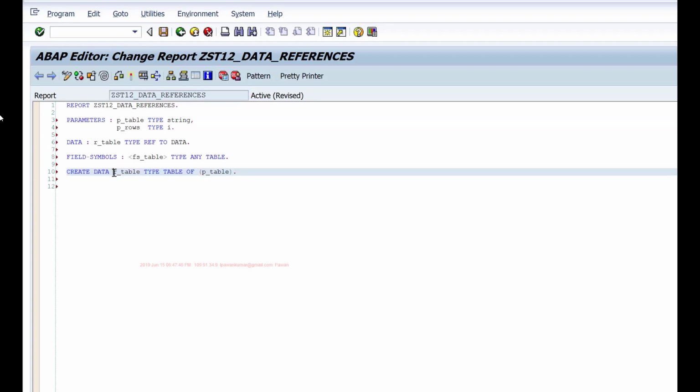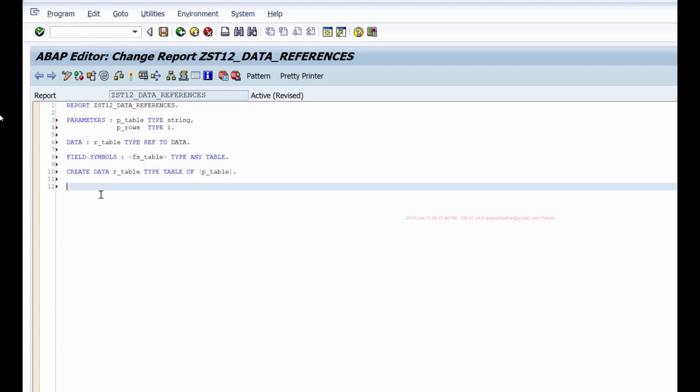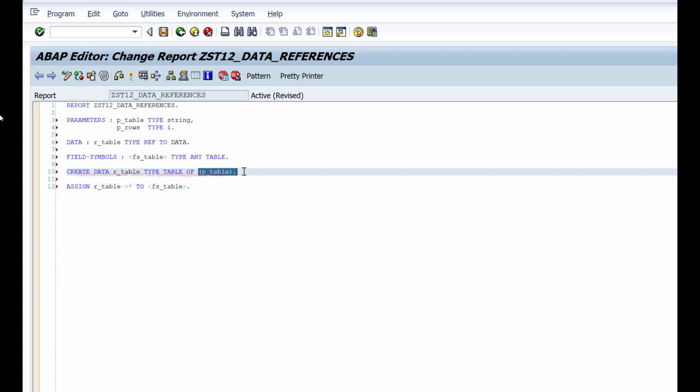Now I can dereference it basically by assigning it to a field symbol. So I'll say assign r_table to my fs_table. Now once this is assigned, this fs_table will be an internal table of type VBRK.